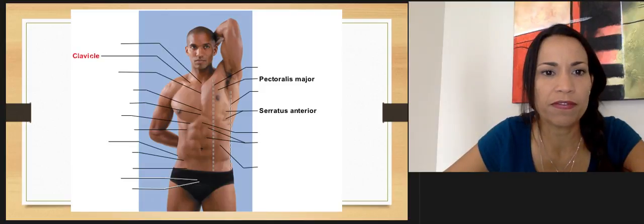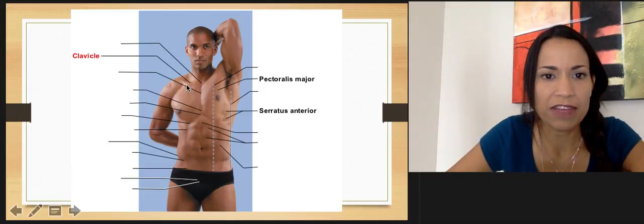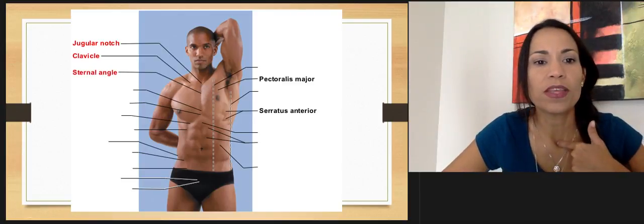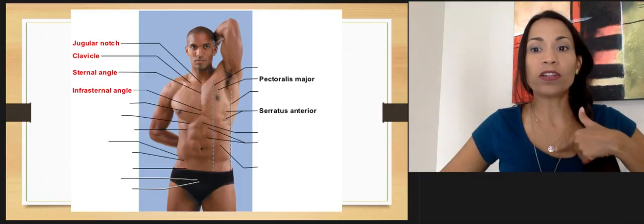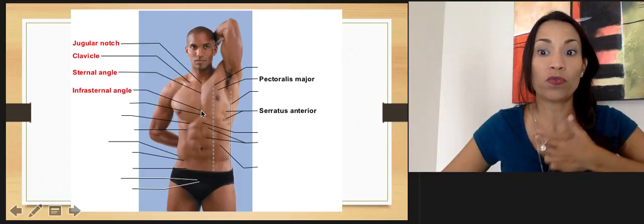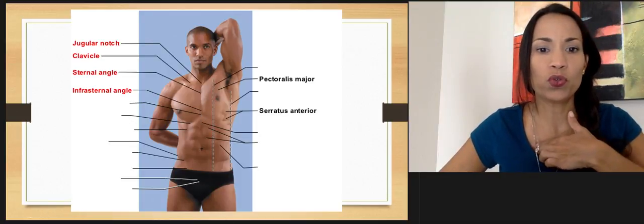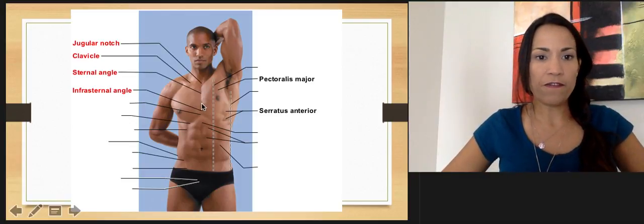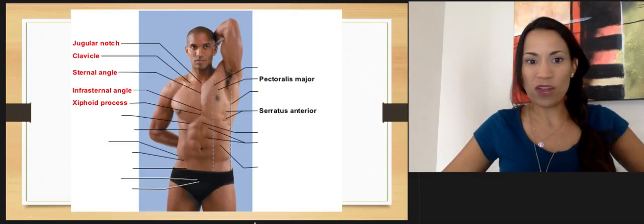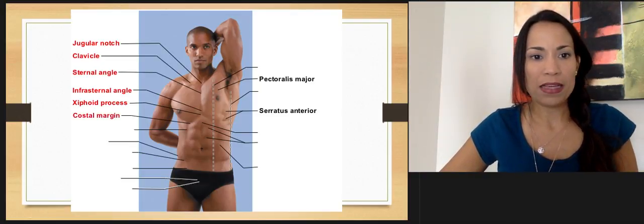Now, let's see this one. So in here, what are we going to find? Well, we're going to see the clavicle. Let's go first in red with the bony landmarks. So the clavicle, the sternum, the jugular notch, the body of the sternum. Then the sternal angle, remember, is this bump that you can feel in here when you slide the fingers. We're right there in between your fingers. There's the second rib. We can feel the infrasternal angle, the xiphoid process, right, the tip of your sternum,